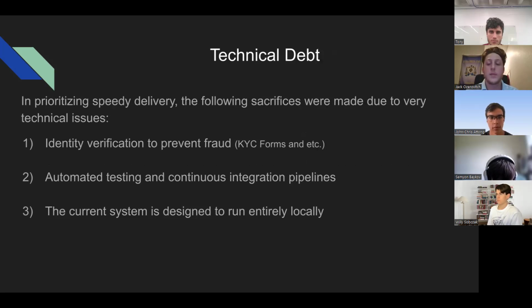In prioritizing speed of delivery, we had to make some sacrifices, and we were very limited due to various technical issues. So identity verification to prevent fraud. As you can see, it's just login information. If we wanted to improve this in the future, we would make sure that there would be an actual place that you have to submit ID so that you can trace it exactly back to the person, which hopefully should